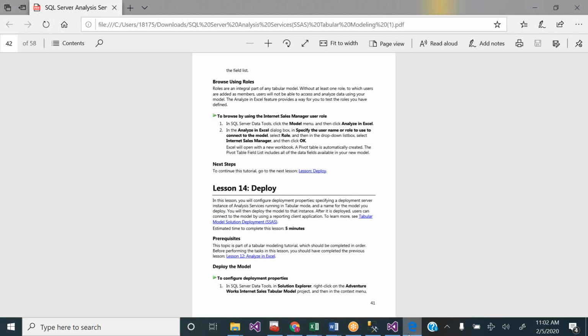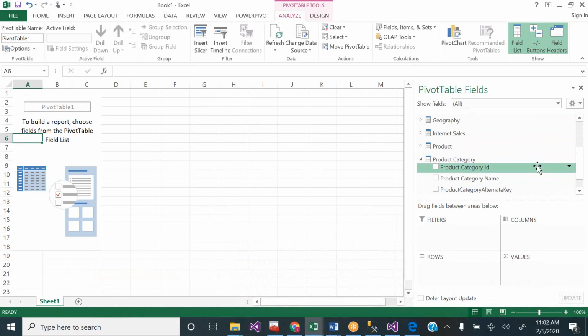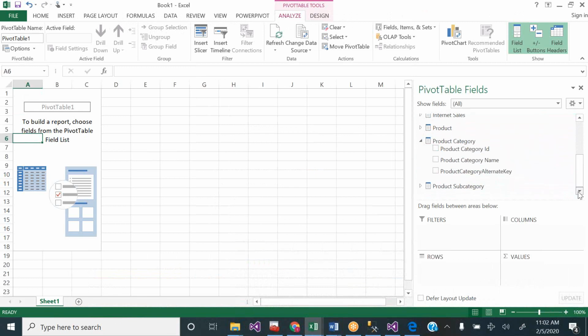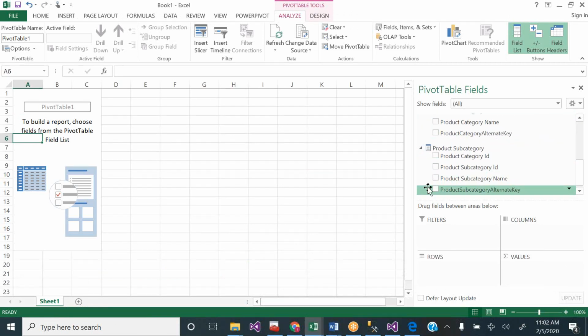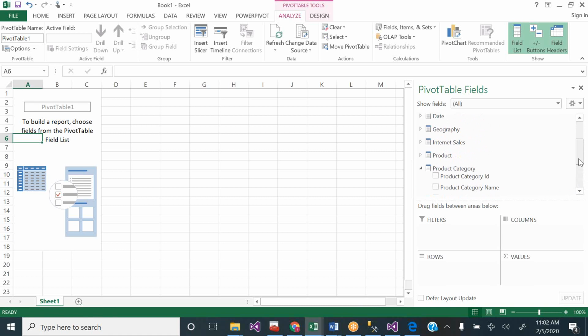Okay. So that said, in this Excel, if you collapse all, you see everything you want. Your KPIs are all built in, and so on and so forth. So now you can enjoy the ride. I have a product category, and I have a product subcategory. So each of these,